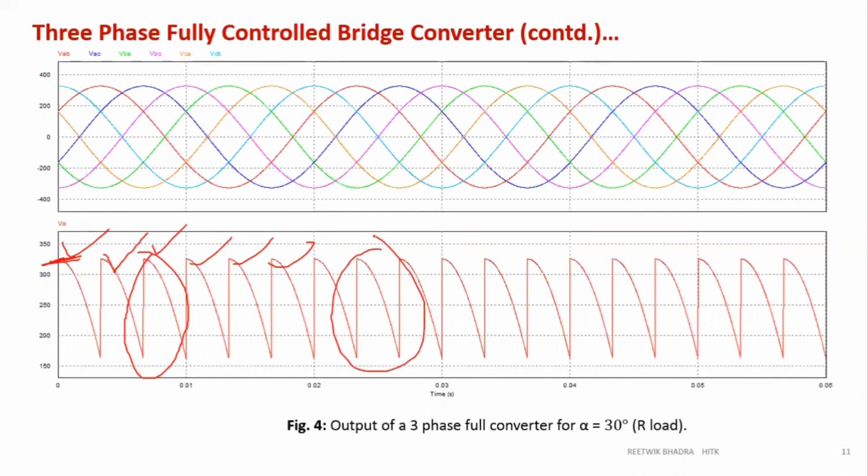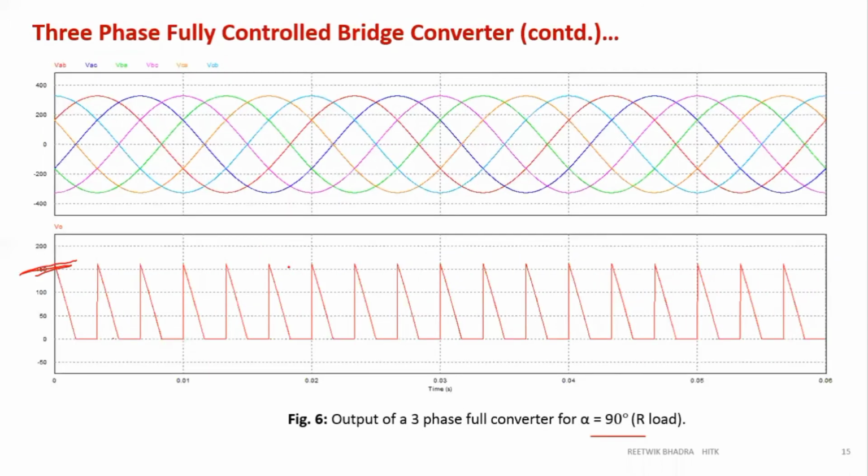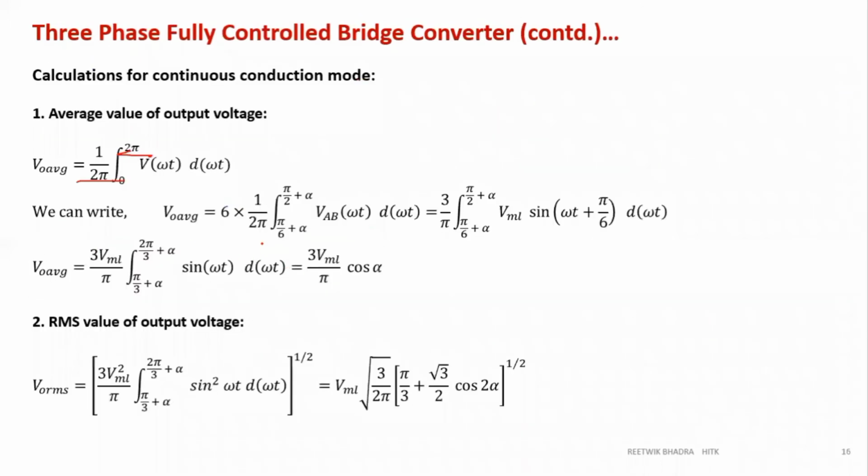So take any line voltage. How is this waveform done? We have drawn from this. What is this? This is nothing but line voltage. So I can take any line voltage and multiply it by 6. That's what I have done over here. Taking any line voltage, suppose I have taken VAB, multiply it by 6. Okay, understood this one? Why I have taken one line voltage and multiplied it 6 times? You can add it 6 times, no problem, but you can similarly take one line voltage and multiply it by 6.